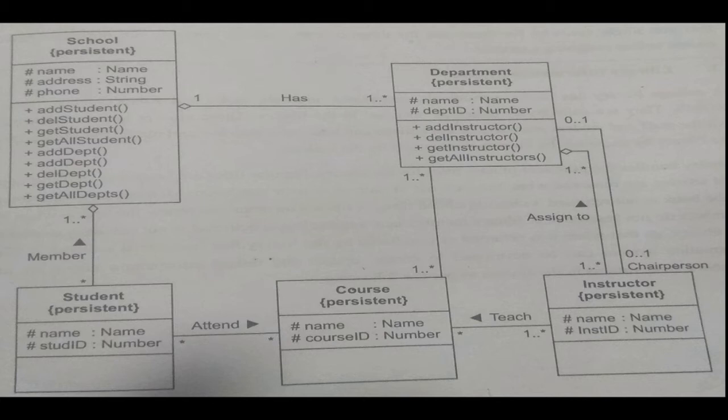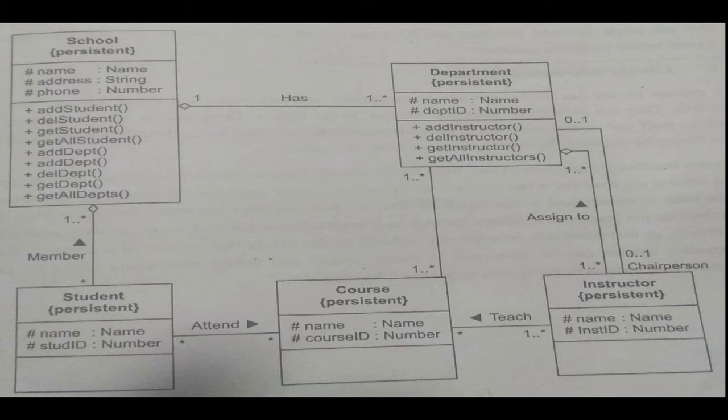Hence, we are going to take the first class, that is the school, which includes attributes like name, which is protected. That is the visibility of this attribute. Whenever you want to specify the visibility as protected, you write a hash before that attribute. If you want to show it as private, you put a minus sign before the attribute, and when the attribute is public, you specify a plus before the attribute name, and after the attribute name you write down the data type of that attribute.